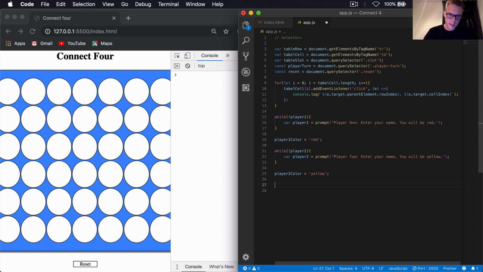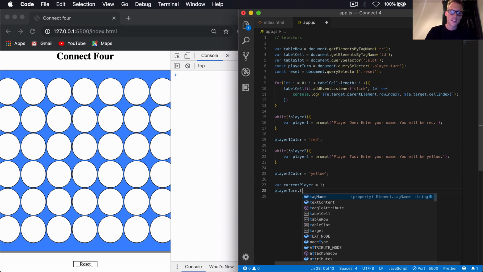So I'm going to say, when we start the game as well, we want the current player to be 1 as well. So we'll say var currentPlayer equals 1. And we're also going to take this playerTurn. You remember we selected playerTurn up here, which is the H3 element, which doesn't have any content at the moment. We're going to say playerTurn.textContent